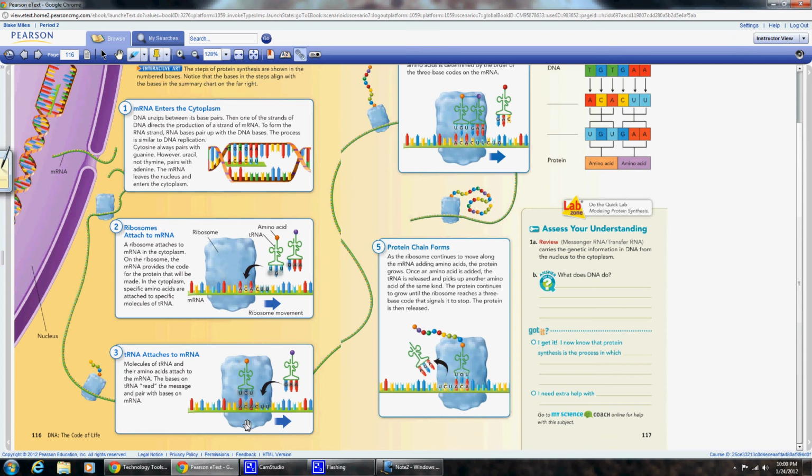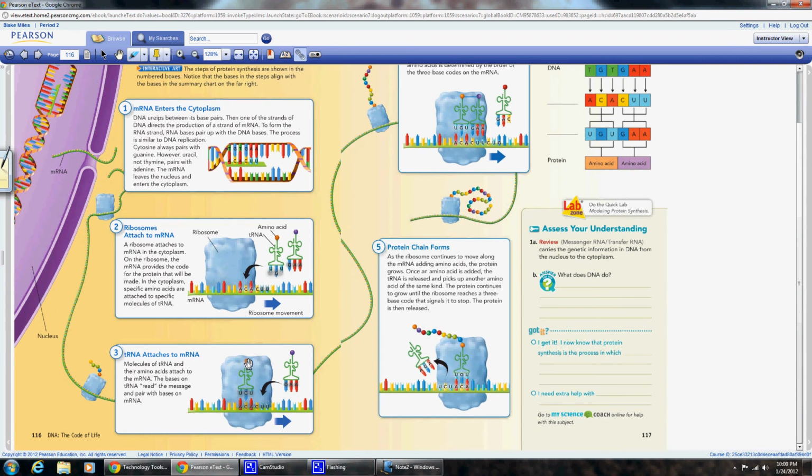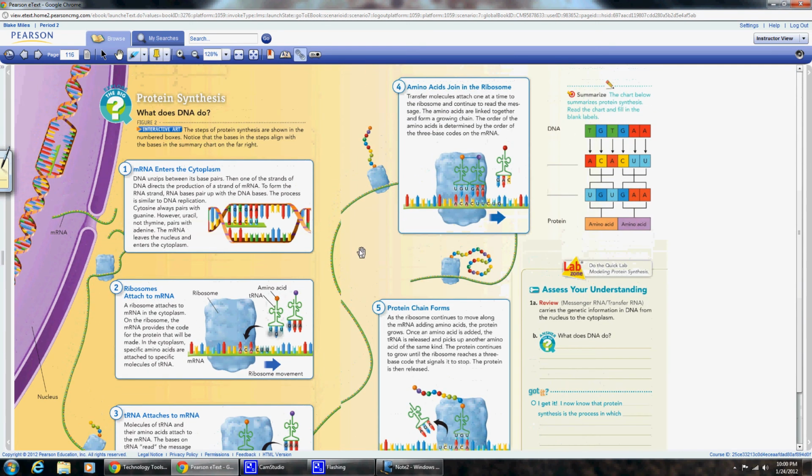So it locks into place, and you can see on top this little ball it has right here, and it shows it right there again. It has an amino acid. So it'll lock into place, and when it does, it actually lets go of this amino acid and lets it stay inside the ribosome. Then another one will come, and it'll say, hey, we just got